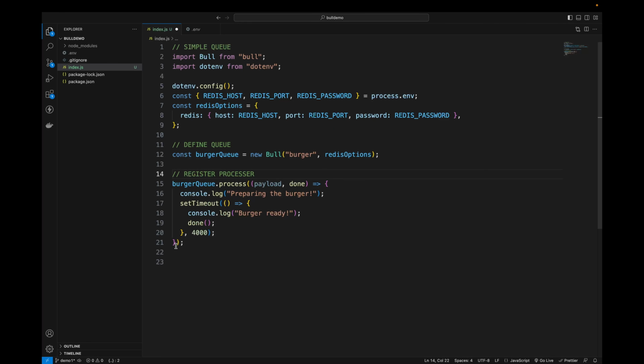So this function is going to get executed when a new job is added to the burger queue. All right. And this is a very straightforward function. You're just logging some data to the console. So we first log "preparing the burger," and after 4 seconds, we just log that the burger is ready, and we need to call the done function to indicate that this process